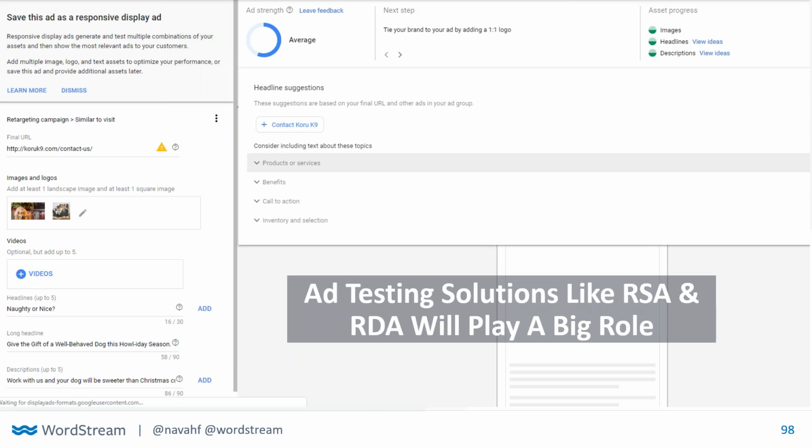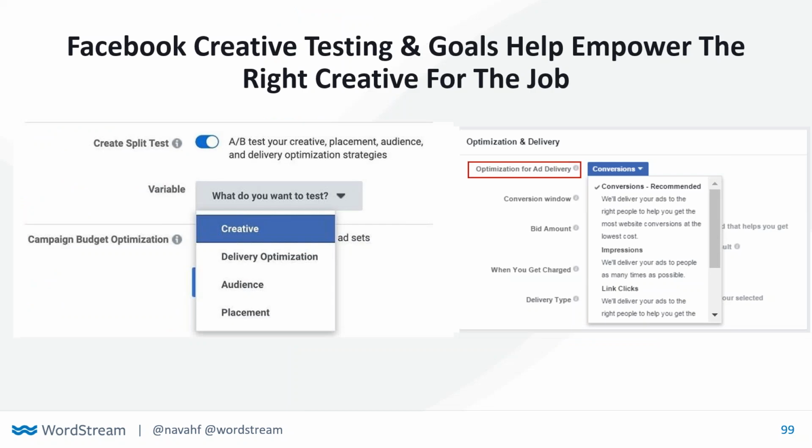On the Facebook side, it is really important to note that Facebook made the intelligent choice of transitioning from ad set level budgets to campaign level budgets. What that actually did is make it so that when you set the campaign objective and the style of the campaign, it's going to actually perform and send ads through in different ways. So you now can actually align, just like you would on the search side, the display side, the video side, campaign budgets with objectives.